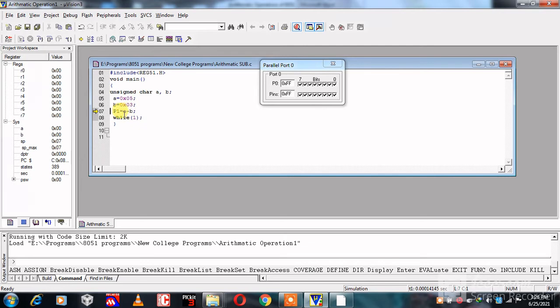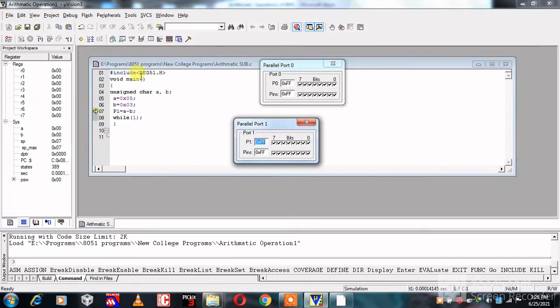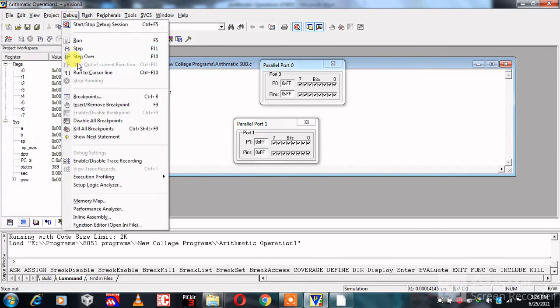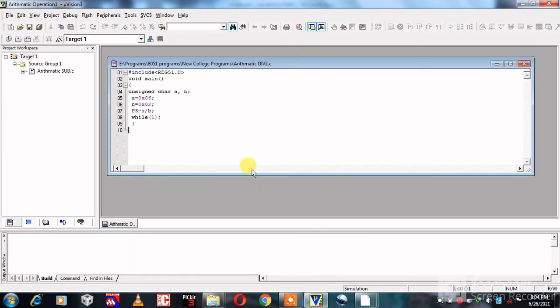After subtraction, the result is sent to port P1. We require port P1, so click on peripheral, then select port P1. Then again click on debug and run the program, or you can press key F5. Our result is 0x02.